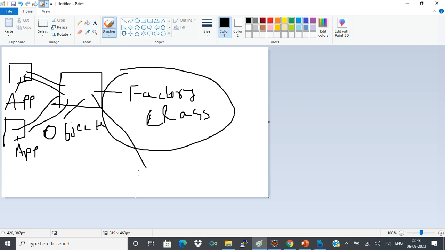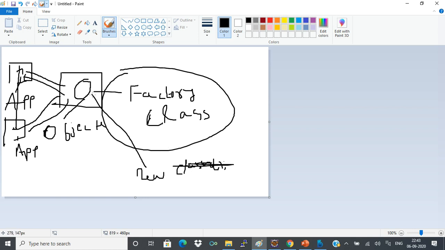In the Java world, we create an object using the new operator, new some class name, just like how we created new customer. Now tomorrow if there is a change in this class name, I will change it only in this factory class. I will not change it in any of these applications.